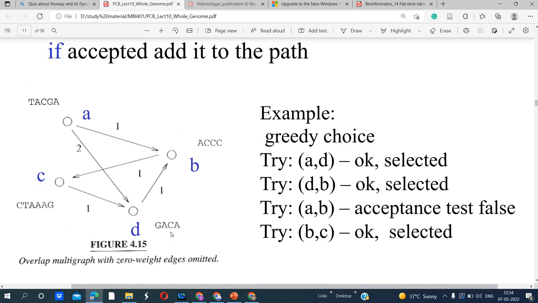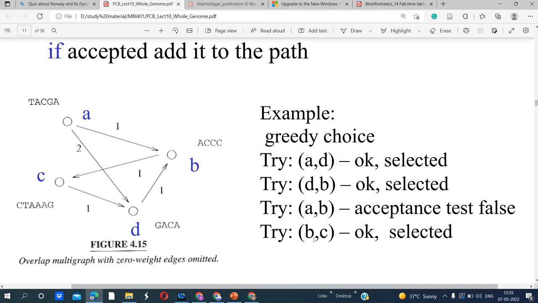Okay, so the next fragment will be GACA, and this has been aligned properly. We have more gain here. If we align A with D, there is more gain here. Okay, 2. Then D is aligning with B, so again we are comparing. Acceptance test false means it cannot be accepted, because only one residue is similar and it is not providing more gain here in comparison to A or D. So for this, the acceptance test will be false. So we cannot accept this.